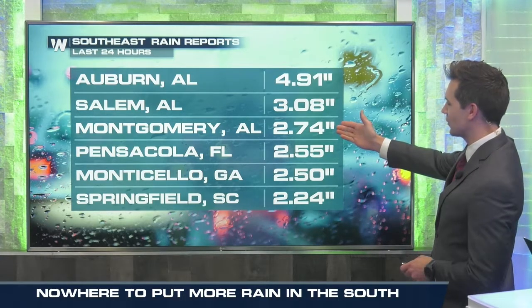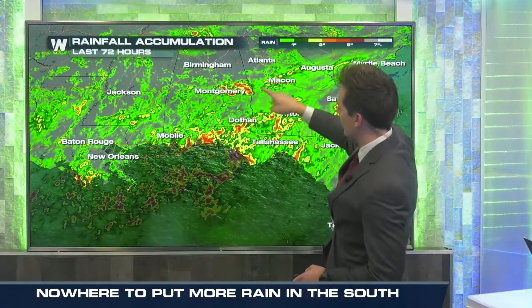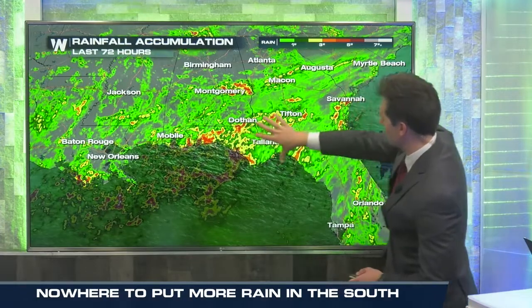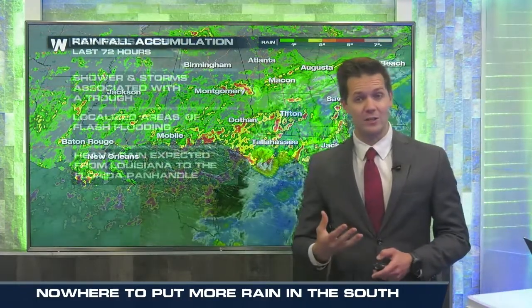Montgomery picking up just under 3 inches of rain in the last 24 hours. You can see a lot of the heavy rain from this morning there right along I-85 from Montgomery out to the east towards the Auburn area and along the Gulf Coast as well. These pockets of yellow and red where we've seen upwards of 2 to 5 inches of rain,